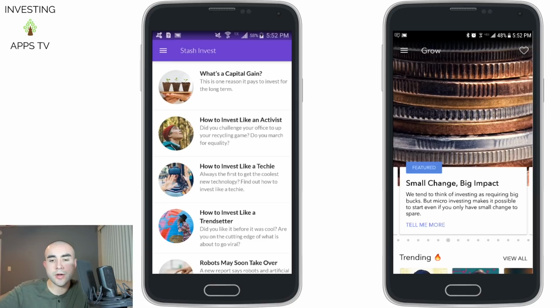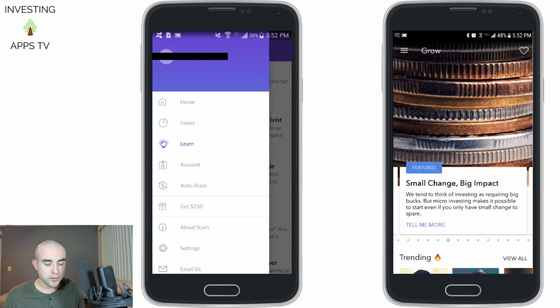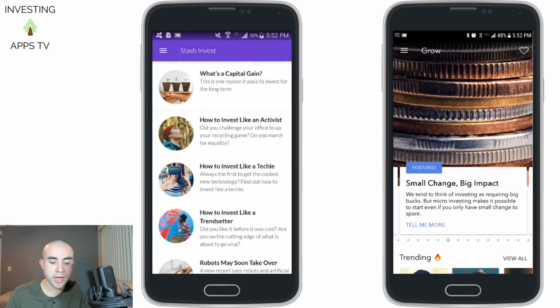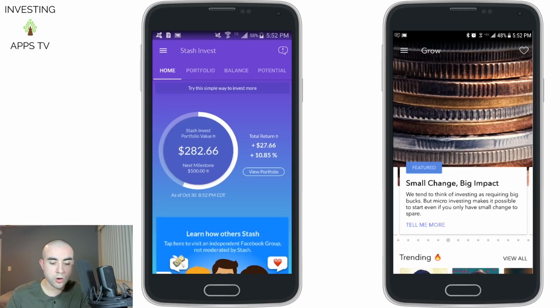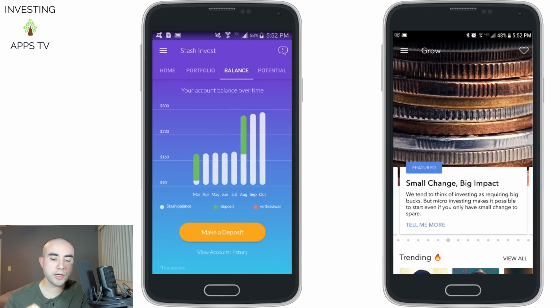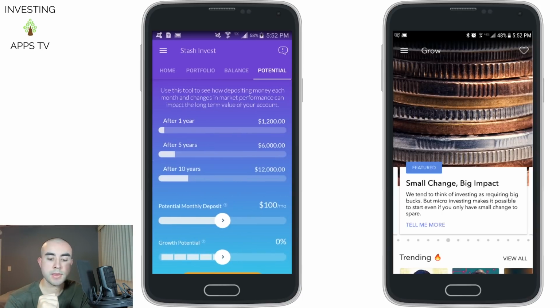Now, another similarity between the Stash and the Acorns investment app is that both of these apps also have projection calculators built into the app. Let me explain what I mean by that. If you go back to the Stash investing app and go to the main menu, let's go home. On the home page, if you click on Potential,